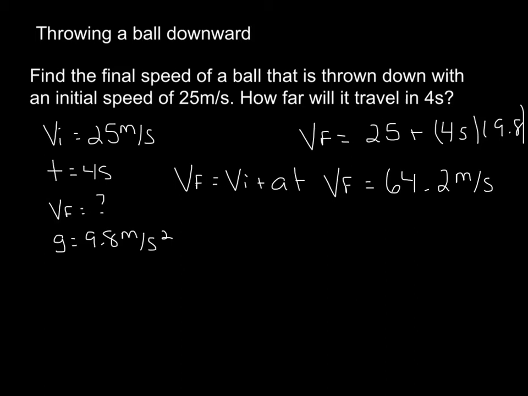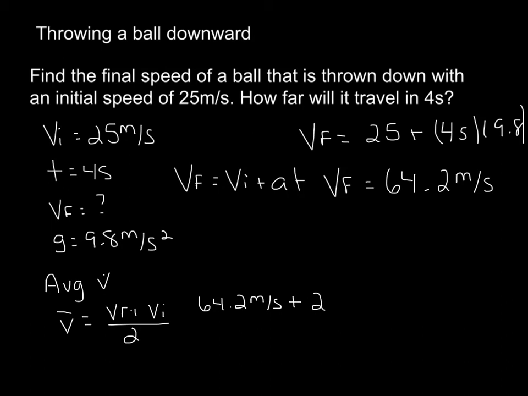In order to find distance, you need to find the average speed of fall. Average speed, which is written with V with the line over it, average speed is equal to final velocity plus initial velocity divided by 2. Our final velocity was 64.2 meters per second plus the initial velocity was 25 meters per second. Divide that by 2. And our average speed is equal to 44.6